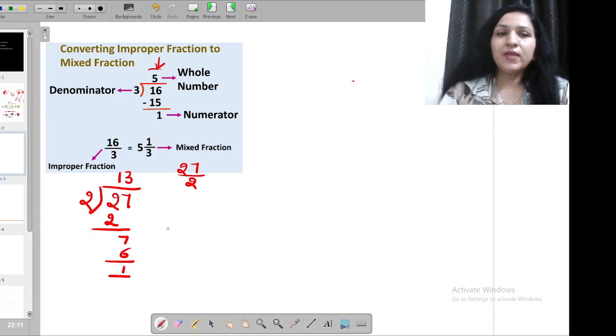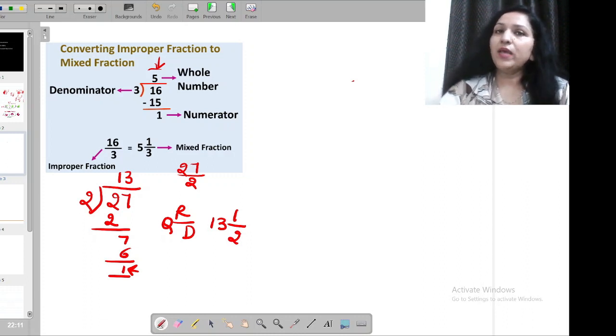After doing this calculation, after dividing, what is the answer we are getting? Quotient. Remember, how do we write it? Q R upon D. Quotient means the answer of the division. It is 13. 13 will come to the side. What is left out? The remainder. It is 1. It will go at the top. I was dividing with 2. It is my divisor, D. So that's your answer: 13 whole 1 by 2. So we have now converted improper to mixed.